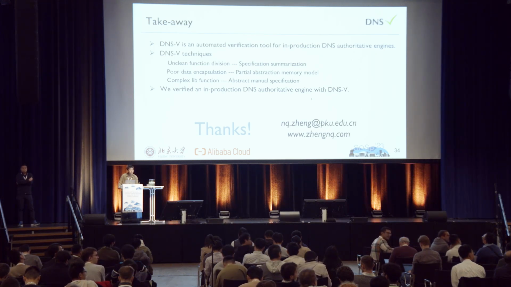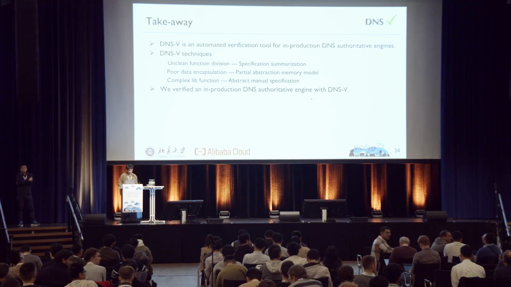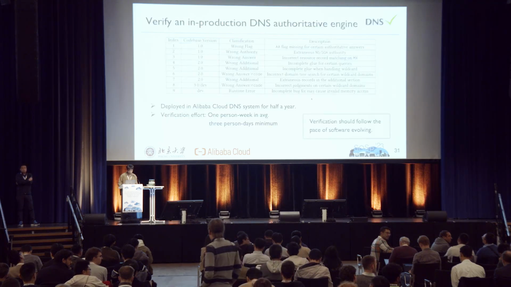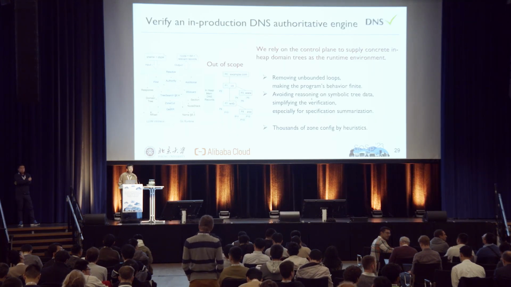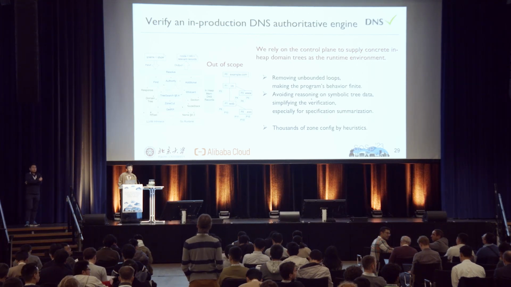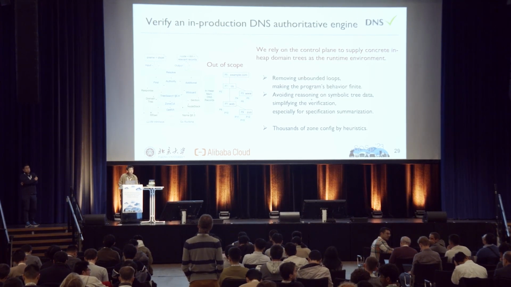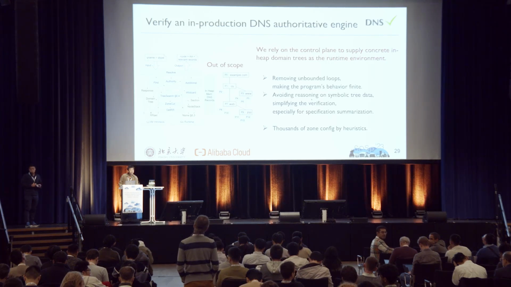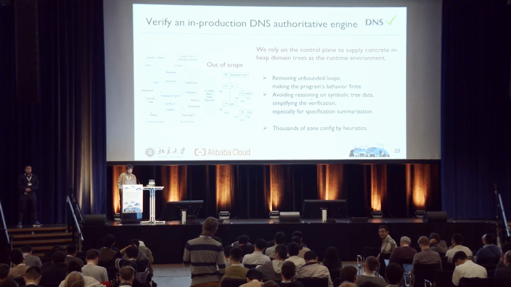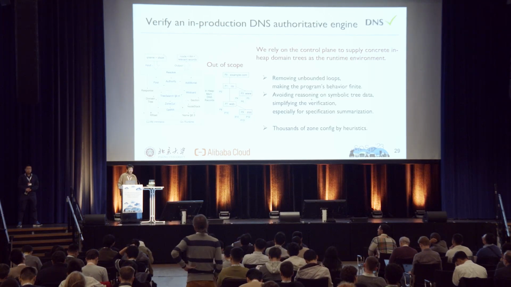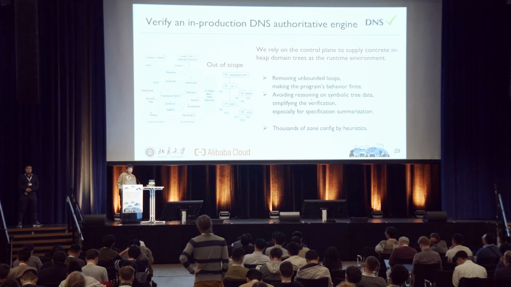So you have to generate some concrete domain trees to get rid of unbounded loops. How confident are you that the trees that you generate actually cover everything you want to cover? And have you manually introduced bugs in your code base and made sure that they were caught by your testing framework? Okay. We generate thousands of zone files based on heuristics of the scripts, and we have found some new